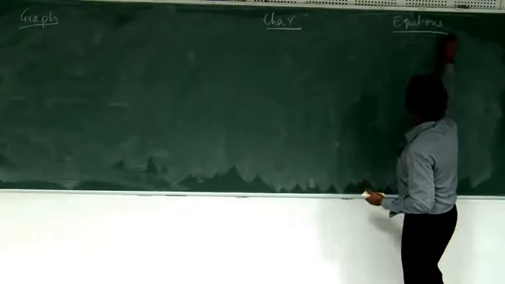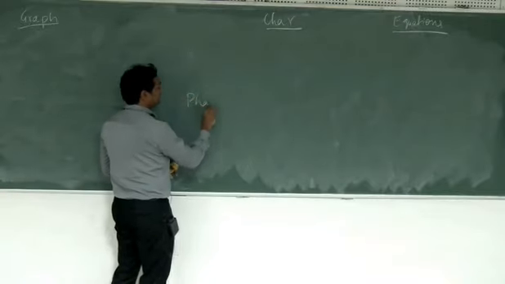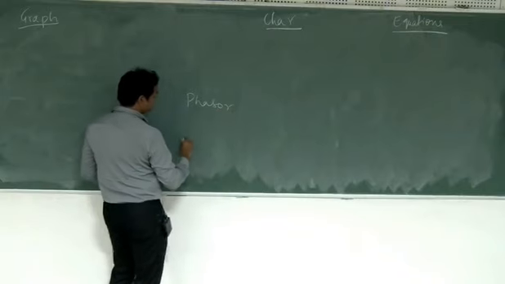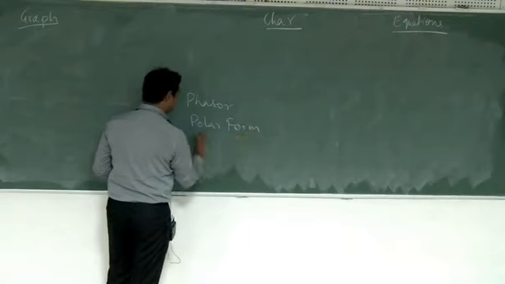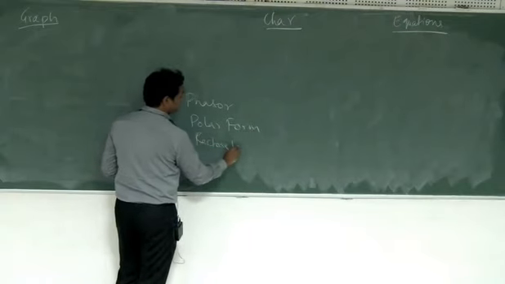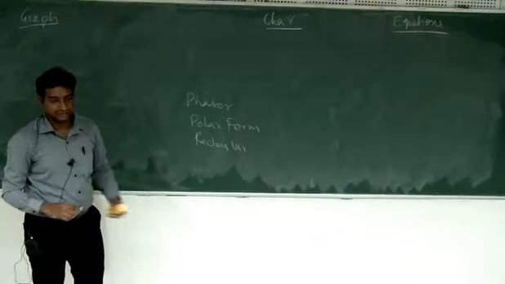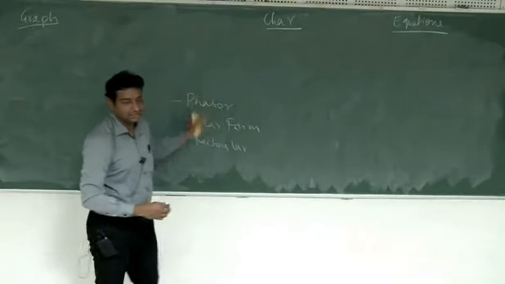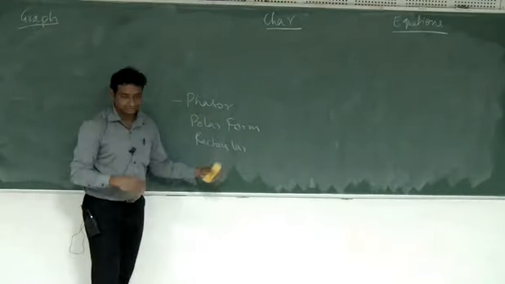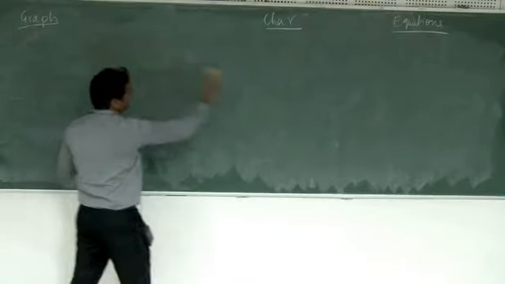Actually there are 6 ways of representing, which we are also going to cover in this class. The 3 more ways are: you can use a phasor, you can use a polar form, or you can use a rectangular form. So 1, 2, 3, 4, 5, 6. If I give you a phasor, you should be able to convert to the other 5. These 3 things we will do in the next step. But let's come back to this later. Let's work with these 3.